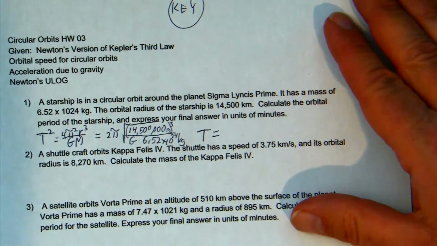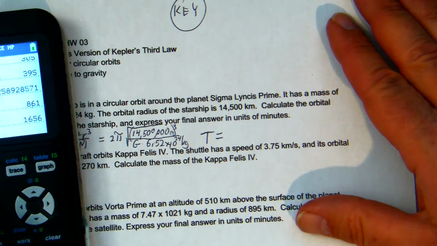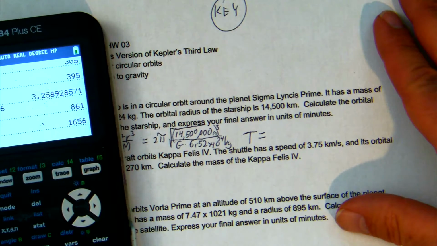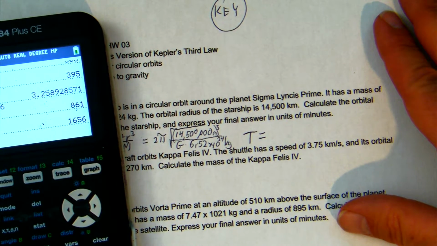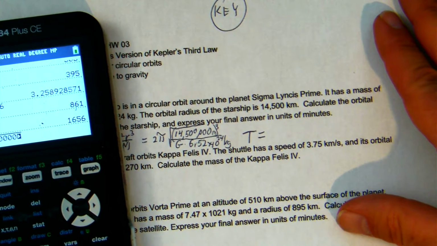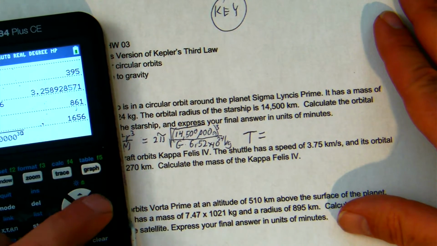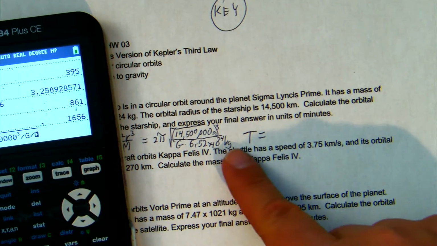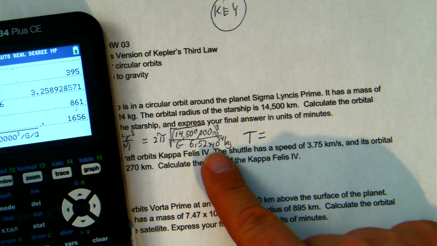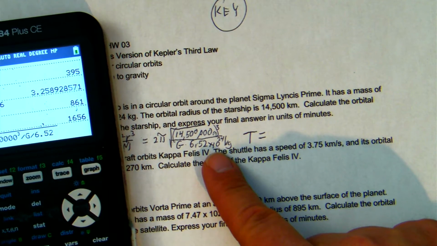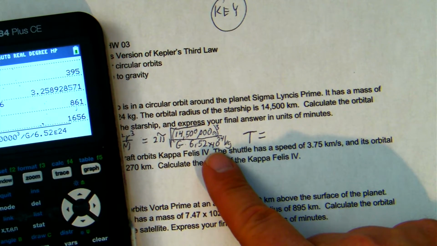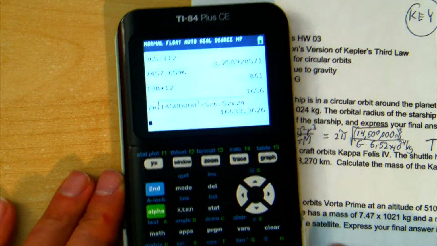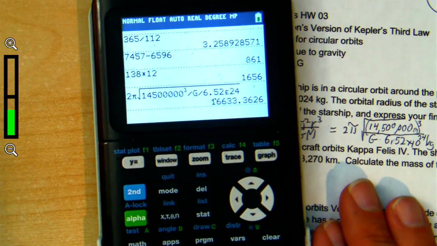All right, so let's see what the calculator has to say for that. 2 pi square root 14,500,000 raised to the third power divided by G divided by, unless you're going to have parentheses, you still have to have a divided by symbol here, 6.52 times 10 to the 24th power, enter. And the calculator displays